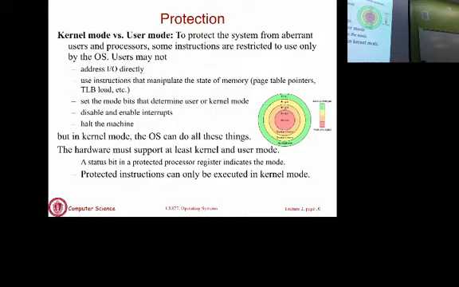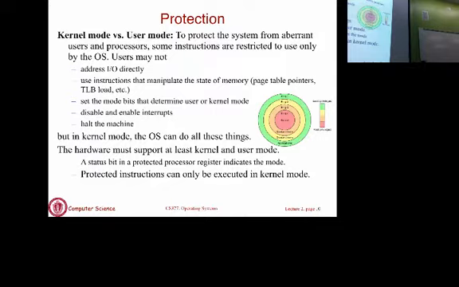What that also means is that when a normal application runs, if it tries to execute any sensitive instruction, because the mode is set in a way that prevents that from happening, it will not be allowed to. The CPU will throw an error saying you're trying to do something for which you do not have rights. But when the OS runs, the OS is our trusted piece of software, so it can do anything it wants.